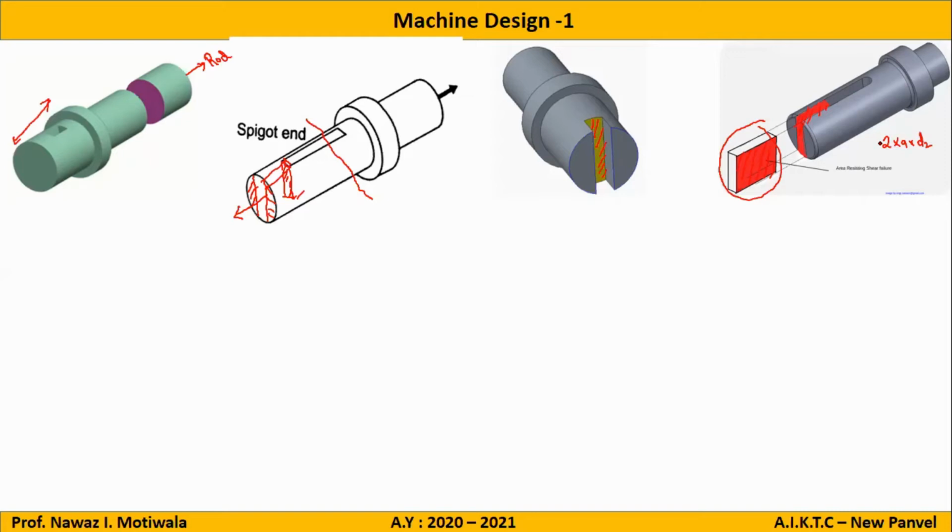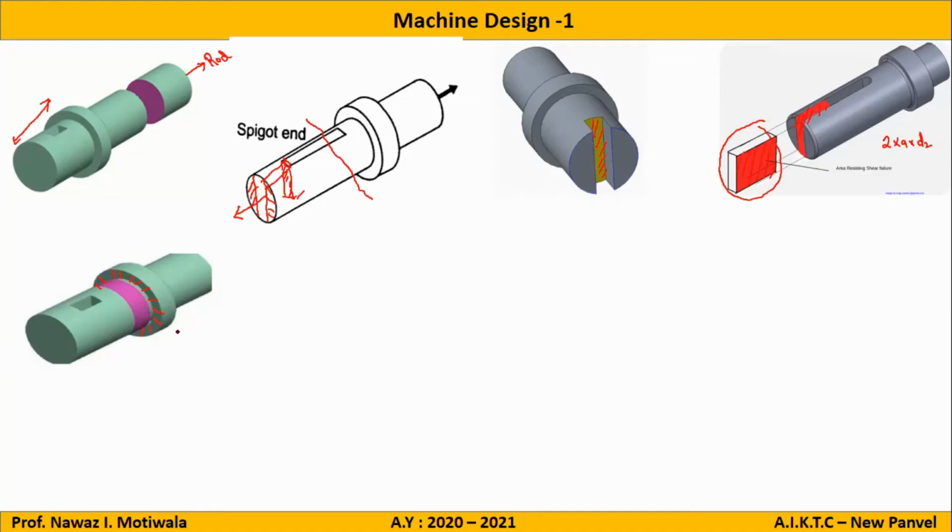Okay, what is the next component? Spigot collar. What are the different types of stresses acting on it? Crushing and shearing. So just ignore this figure. We know that when the socket comes into it, this area which I am shading now will be crushed, or pressed. I don't have the figure right now with me, so I am making it here only. So this particular area will be crushed. That means it is the outer circle area minus the inner circle area. So that will be the area which is resisting that stress.